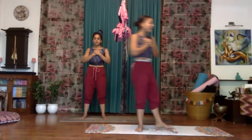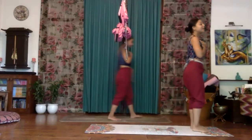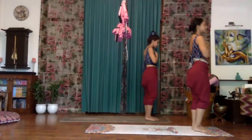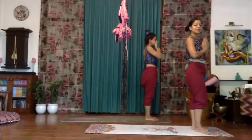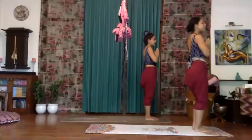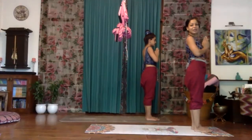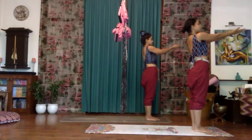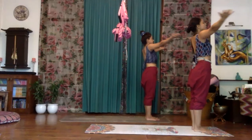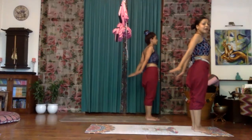Soft smile on your face, take a walk to the top of your mat, and you come into Saraswati Pranama, creating a bud of lotus at your heart center. A beautiful lotus bud, representing all of that infinite possibility. And reach your hands forward as you circle your arms around you. As the hands come to your sacrum,